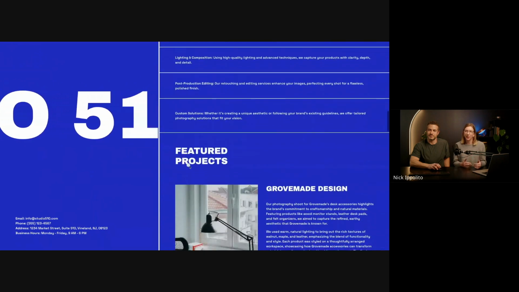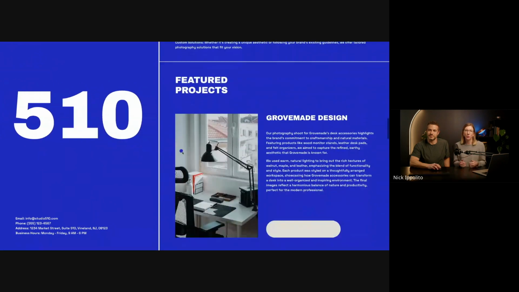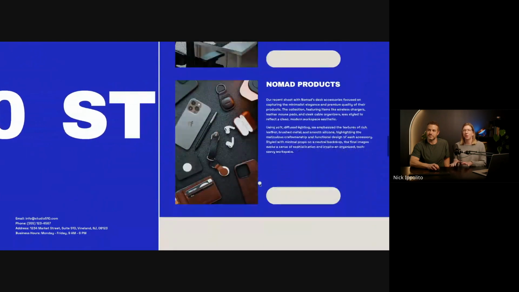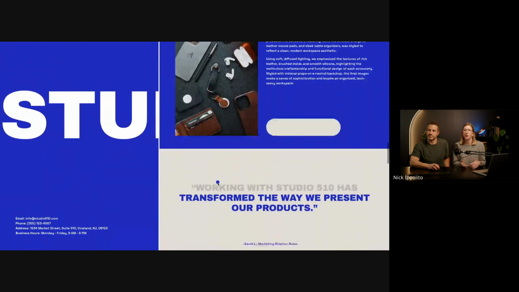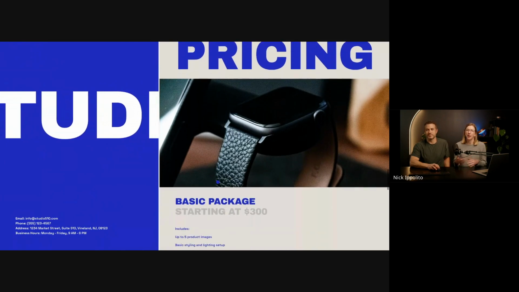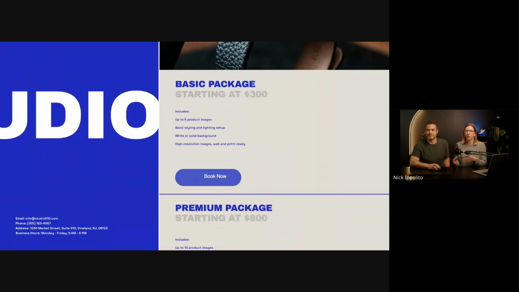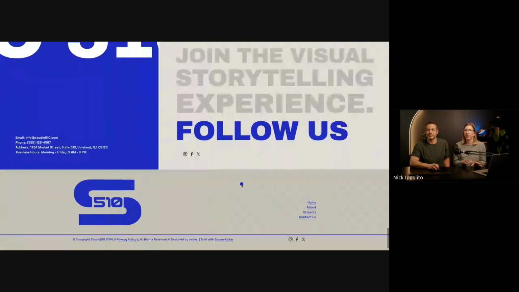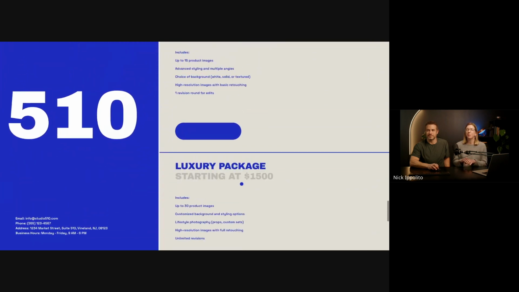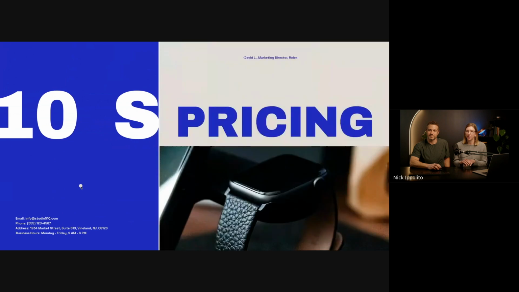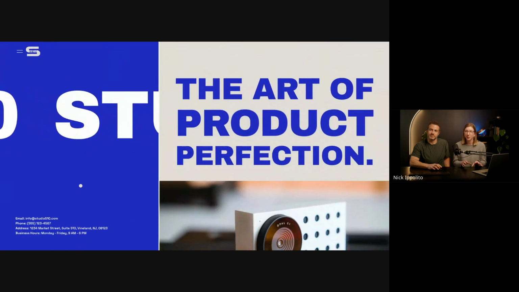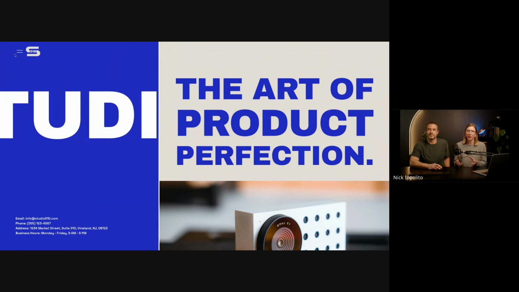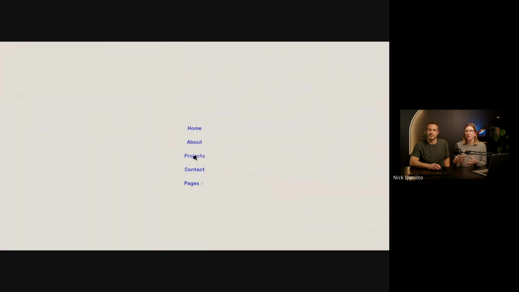You can add Squarekicker templates to a new or an existing site. So if you're doing a rebuild for someone, you can slot a template in, no worries. Or if you're starting from fresh, you can put a template in as well. You can add pages and sections as you like. It's built really differently to traditional templates. So there's a lot of power behind how you can use these templates. And one of the really cool things that we've found in the system that we've created for people to be able to use templates in this way is you can add so much creativity to it. So there's no limit to how you can customize and alter this template.